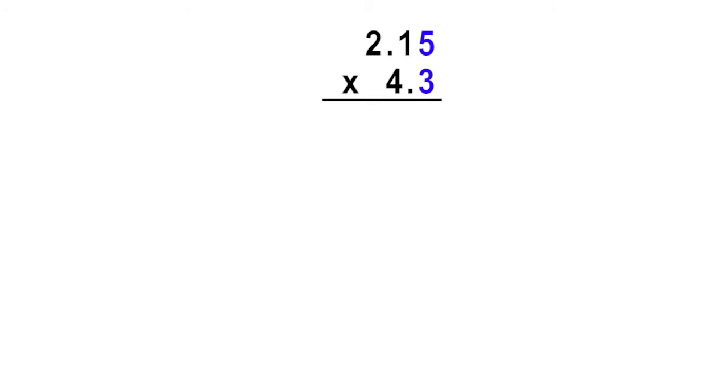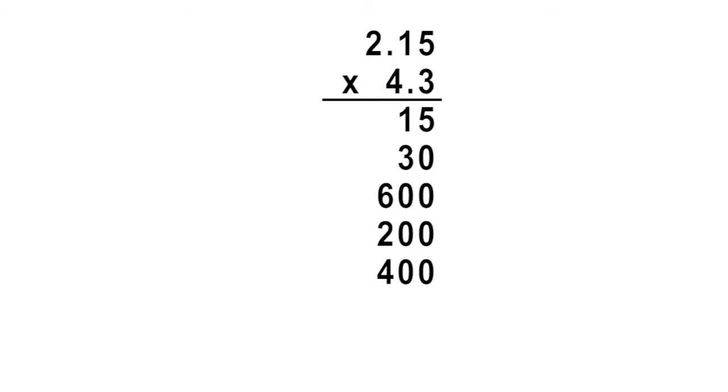3 multiplied by 5 is 15. 3 multiplied by 10 is 30. 3 multiplied by 200 is 600. 40 multiplied by 5 is 200. 40 multiplied by 10 is 400. 40 multiplied by 200 is 8,000. Totaling up our partial products, we arrive at a product of